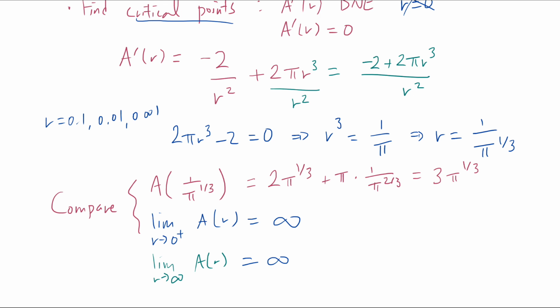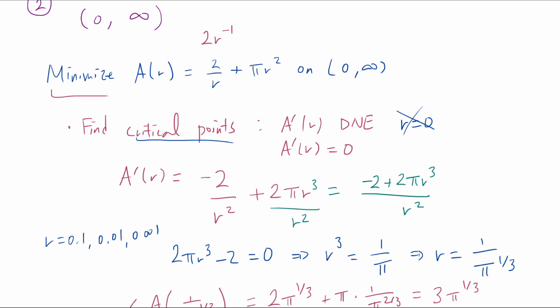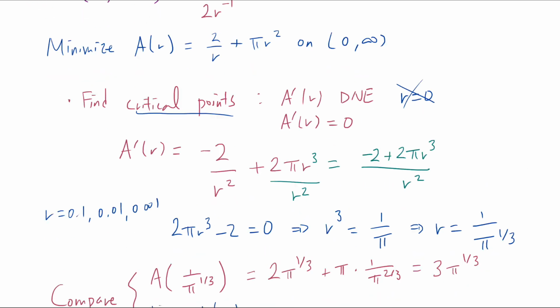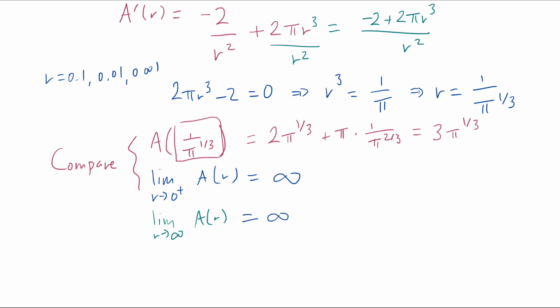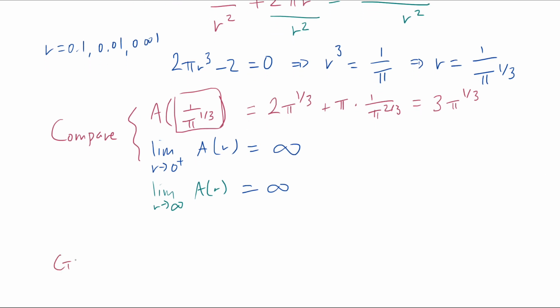So we want to find the global minimum here. You're trying to minimize. So which one is the smallest? Well, I guess we didn't even really need to calculate this. We know this thing is smaller among these three choices, certainly. So here the global minimum is happening at 1 over pi to the 1/3. So our conclusion is that the global min at radius is 1 over pi to the 1/3, but we are